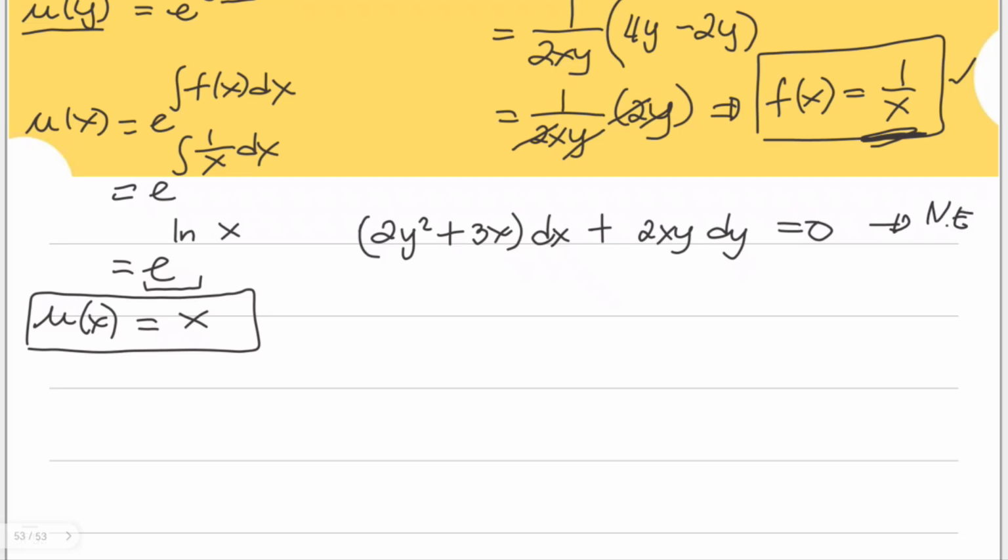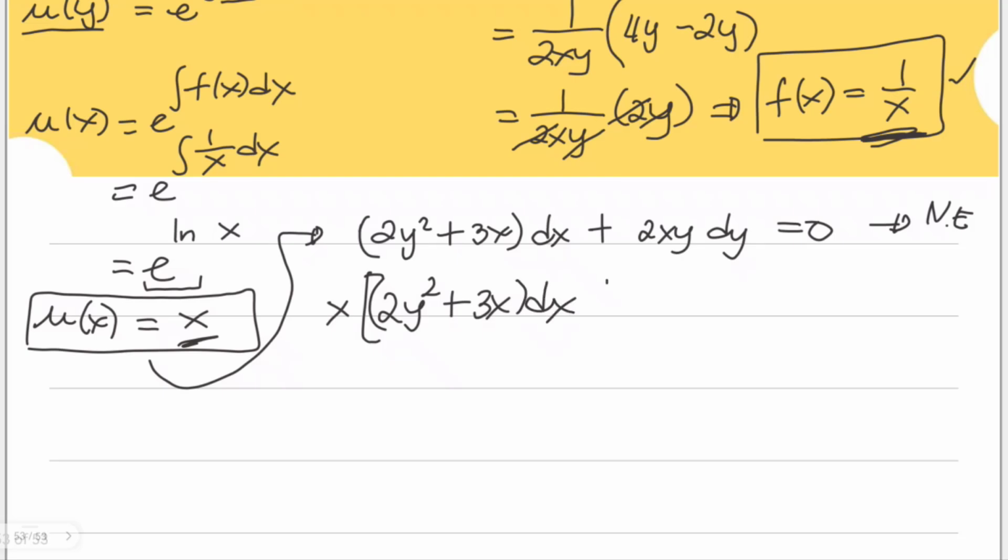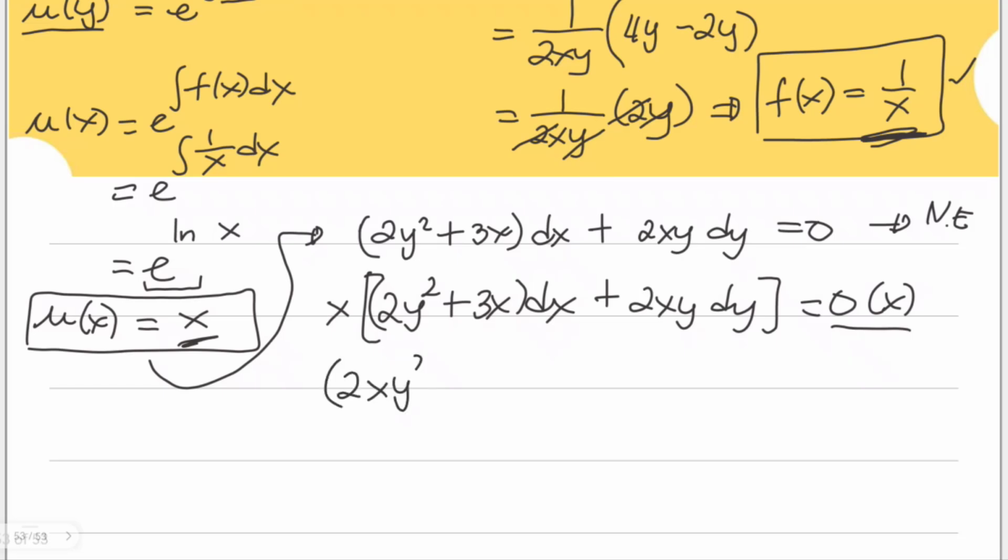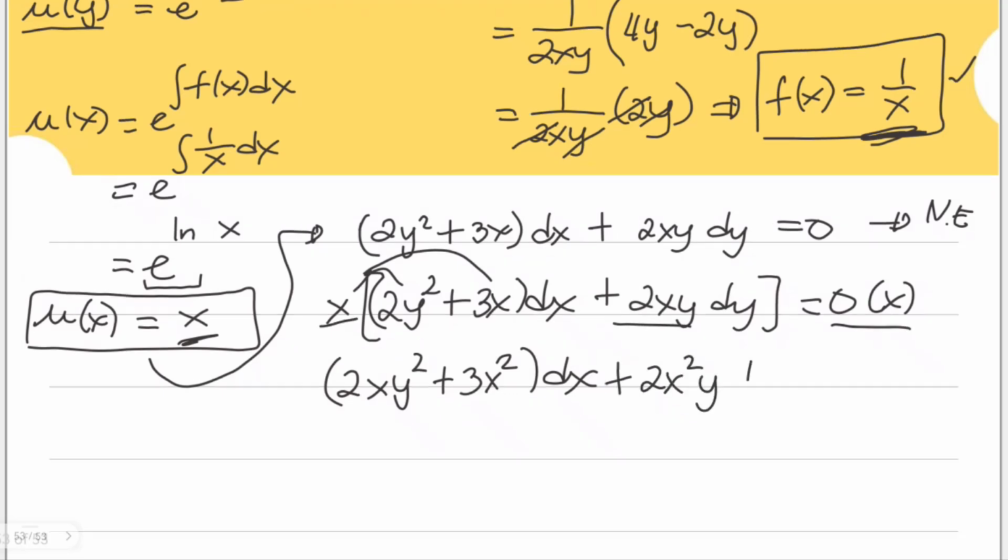But once we multiply with our integrating factor x, times the entire expression, 2y squared plus 3x dx plus 2xy dy, and also multiply it on the other side, which is just equal to 0, you will have this form. This is actually 2xy squared plus 3x squared dx, and then plus 2x squared y dy